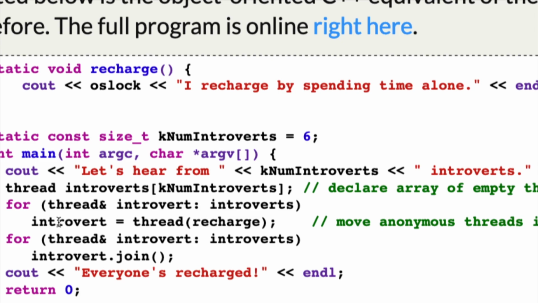I can do it by reference in this new special C++ way. Question? Can you go over join again? Yeah, can I go over join again? Good question. So join. Remember, each one of these threads is now in the array. And so when I loop back over those threads, you've got this thread, and you say .join, and all that